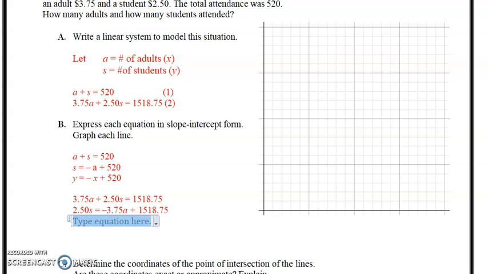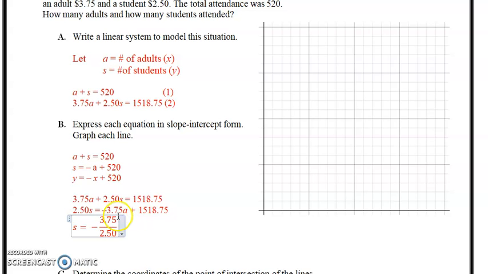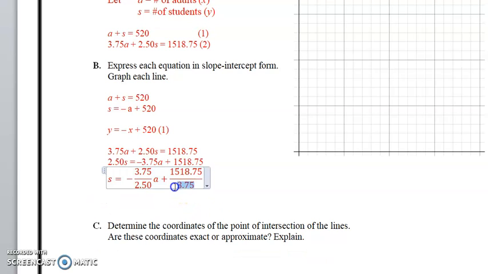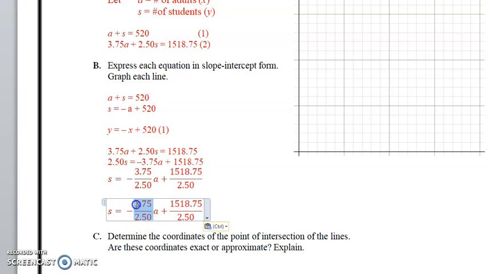Oh. So it would be s equals negative 3.75 divided by 2.50, right? Sorry, there's a little typo there. I apologize. That would be the 250 right here. It had to be divided by. My apologies. So, not the 3.75. So that would give us negative 1.5, and that would give us